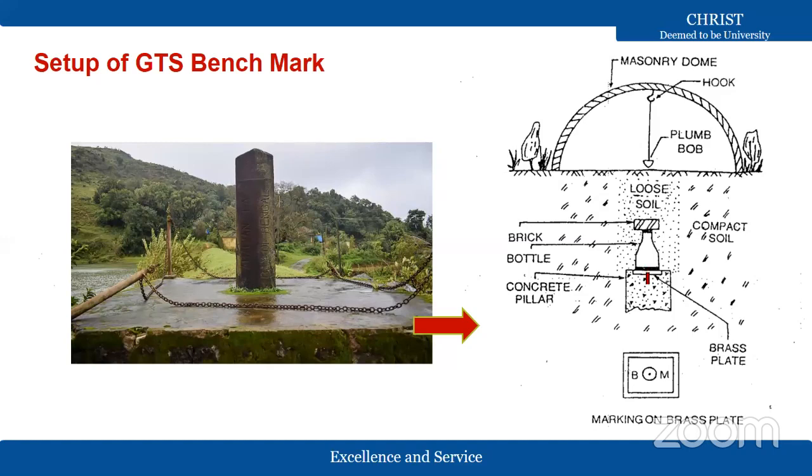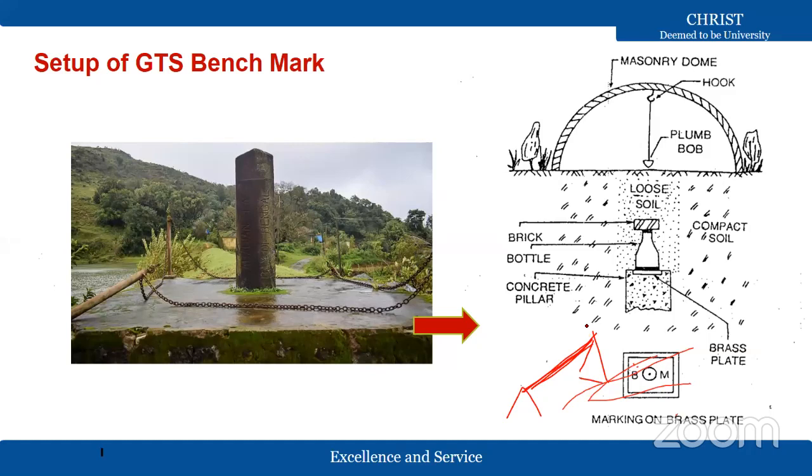The Great Trigonometric Survey means they carried out the leveling operations for the entire country by using an optical theodolite. That's why it is trigonometric surveying. See, this is the benchmark, the point, like a wedge shape with a sharp edge. This edge indicates your benchmark. The plumb will be here, then a bottle arrangement, and here a thin brass plate with a pointed edge.